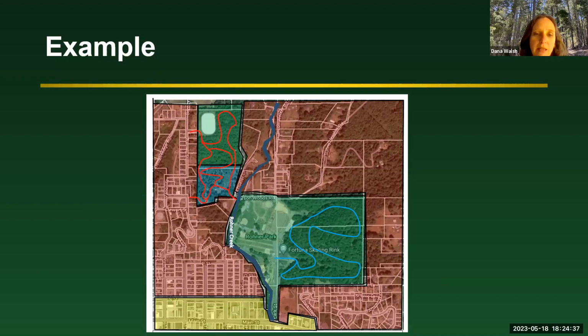The parcels in the upper left-hand side are currently slated for development, but the community would really like, instead of having this private parcel sold off and developed into several additional houses, to be able to add it to the park system, establish a community forest, and establish additional trails, linking up the other parcels. So if you have blocks of forest land that are within communities, it's good to know